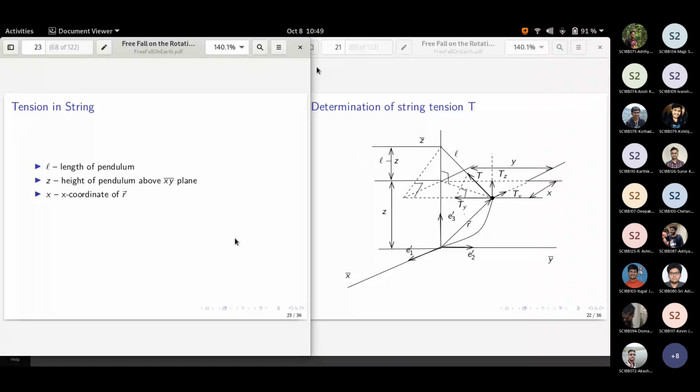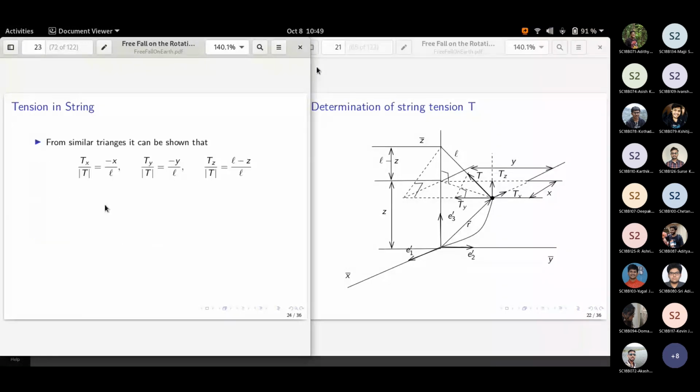Y is the Y coordinate of R. Then R is obviously X E1 plus Y E2 plus Z E3, where E1, E2, E3 are along the XYZ coordinates. Similarly, the tension is resolved into Tx, Ty, Tz in the E1 dash, E2 dash, E3 dash coordinate system. So this is from the similar triangles. This is the conclusion we are making, and then once you observe it,